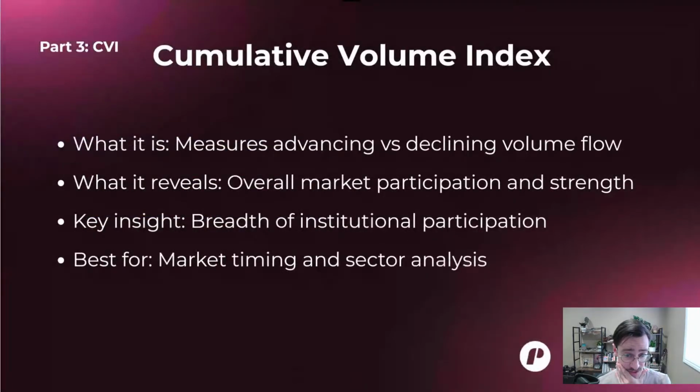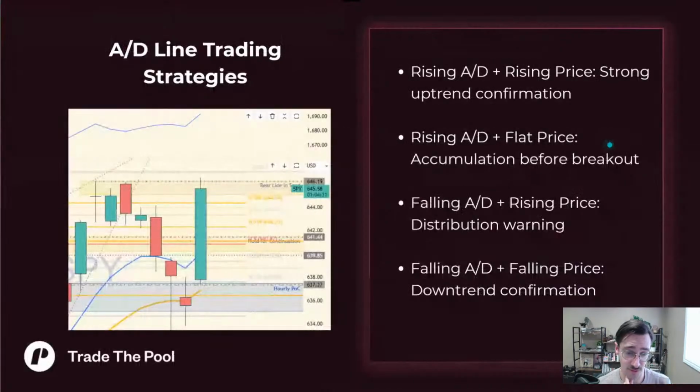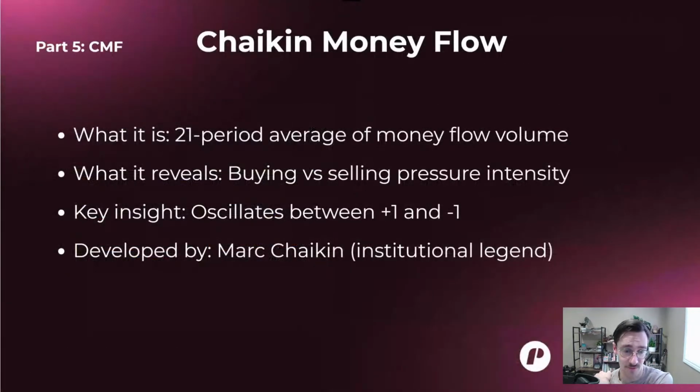So we were talking about CVD, CVI. We were talking about accumulation and distribution lines. And now we were talking about the Chaikin money flow. So with the Chaikin money flow, it's going to